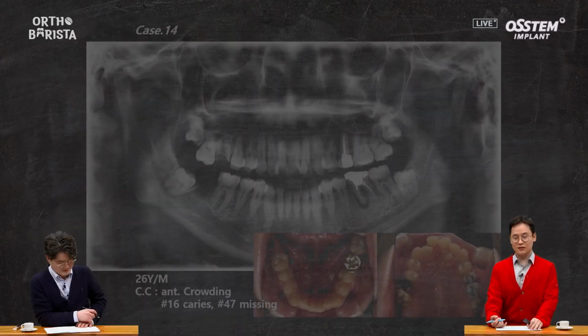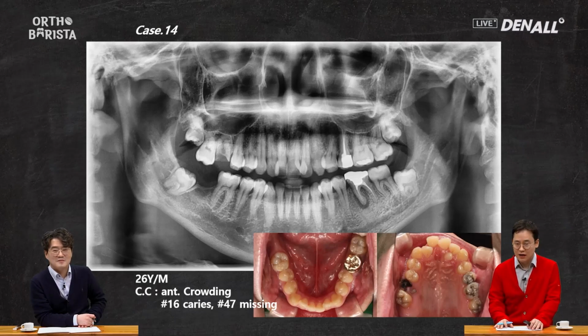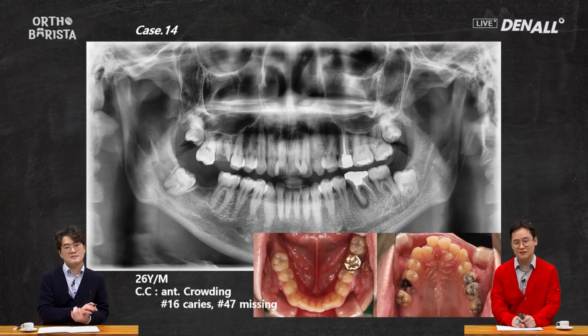There's also a case where no further pulling was required. This patient provided valuable information, but had to travel abroad during treatment. Even after returning to the country, they only came in for follow-up once or twice a year. The treatment was quite challenging due to this, but we recently completed debonding. You might be surprised by the duration of the treatment. If you were to diagnose this case, what kind of treatment plan would you have devised?